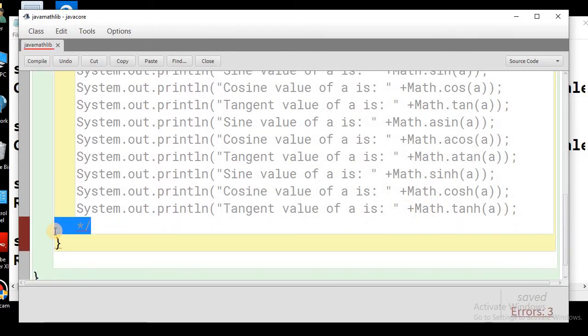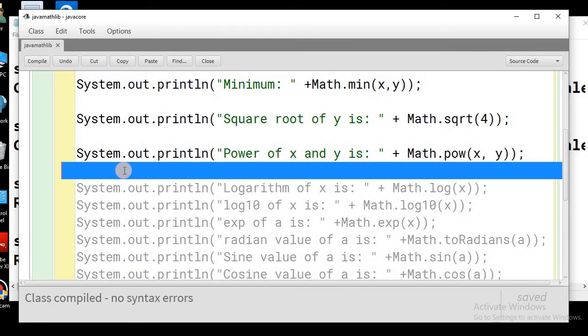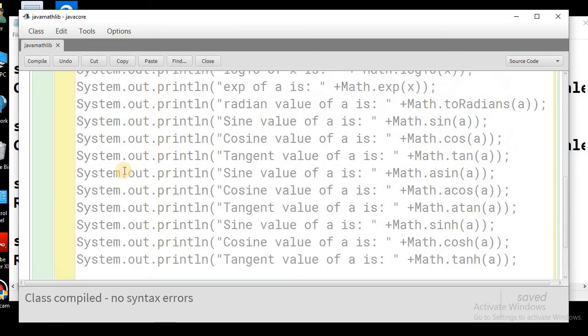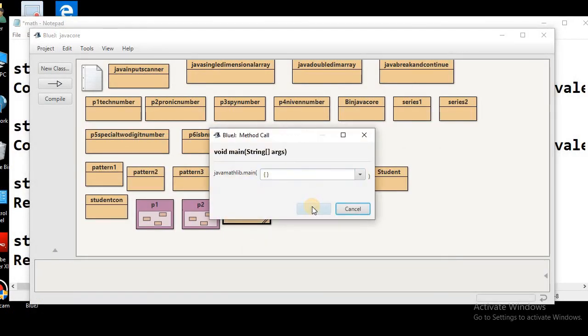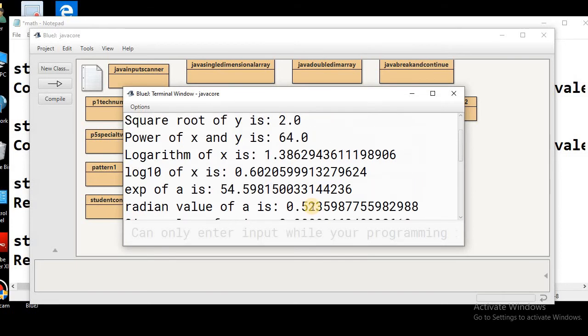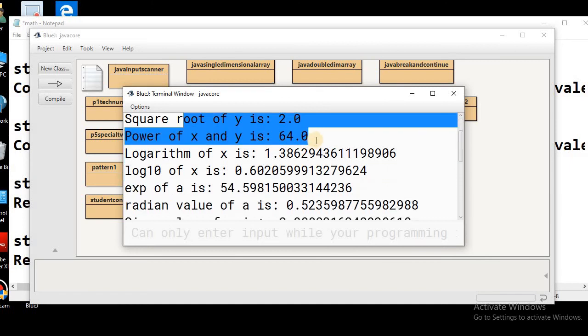So let me show you the output of all these. Let me compile, close, and show you the output. You can see all these functions are returning values: maximum, minimum, square root of y, power.